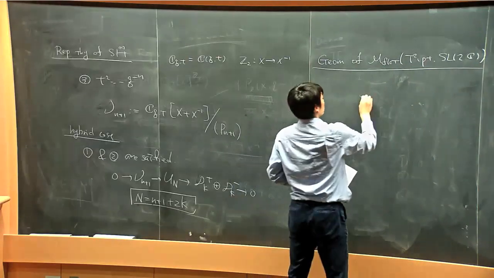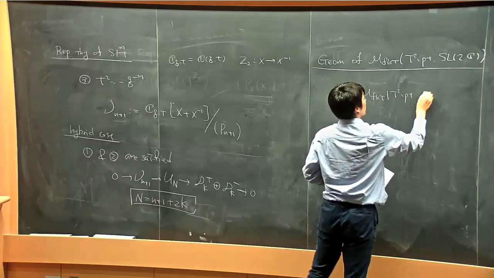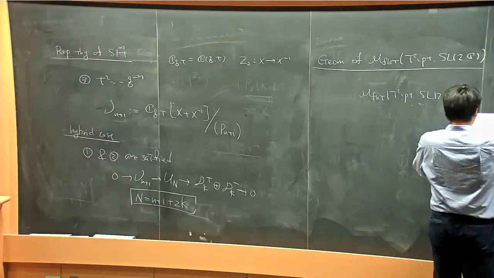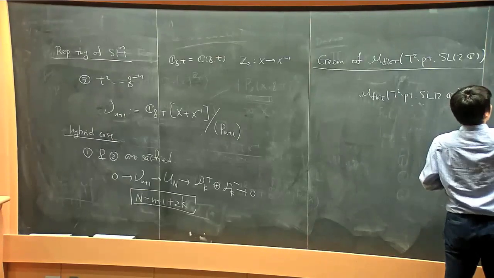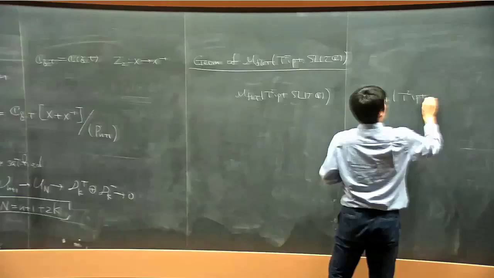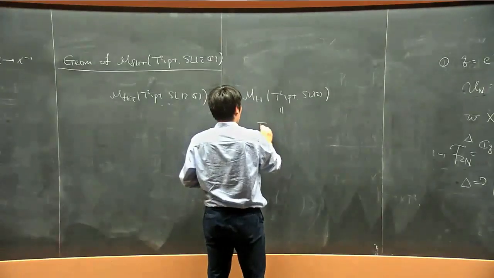So the moduli space of flat connections of T2 mod point over SL2C is equivalent to the moduli space of Higgs bundles, so-called, of T2 mod point of SU2, which is defined by you just consider a